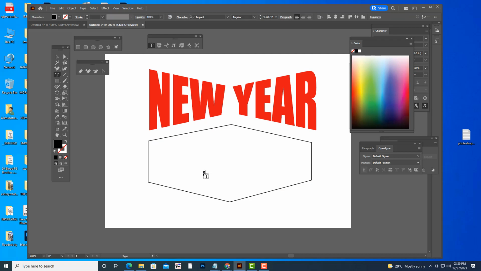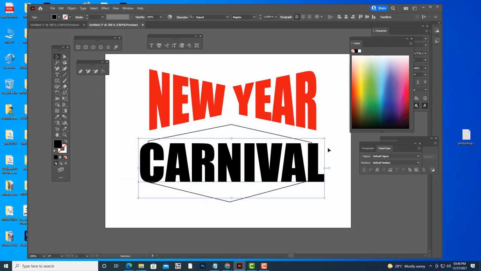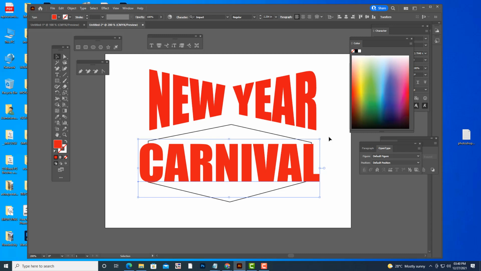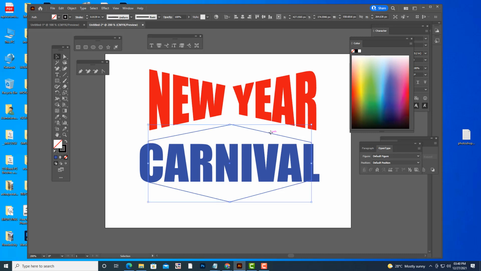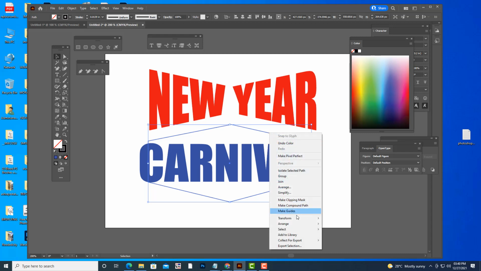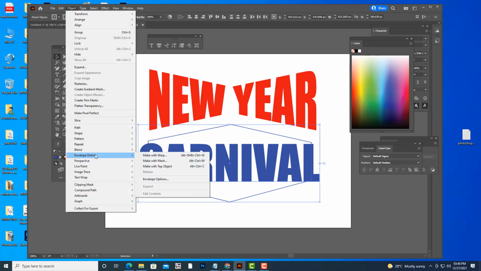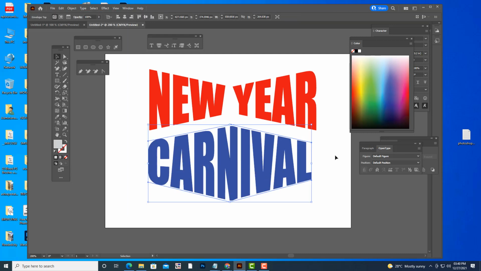We'll type the word carnival. We can give the same red color to this, or a different color if you want. We'll give blue. Again the condition is we have to bring the outline, the stroke, in front of the text. So right click, arrange, bring to front. Now we'll select the stroke, select the text, object, envelope distort, make with top object. Like this, see.